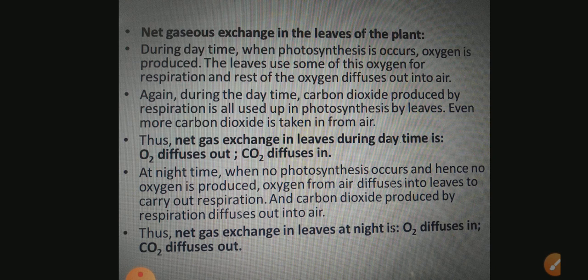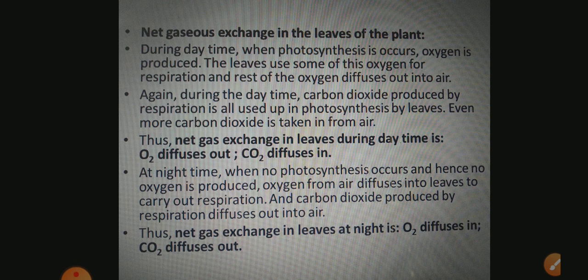Okay, the next, this net gas exchange in the leaf during the daytime is: O2 diffuses out and CO2 diffuses inside. Now, at night time, when no photosynthesis occurs, hence no oxygen is produced. No photosynthesis, no oxygen. Then oxygen from the air diffuses inside, or we can say it goes inside